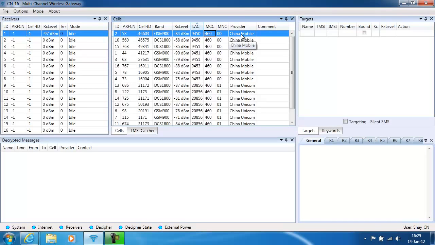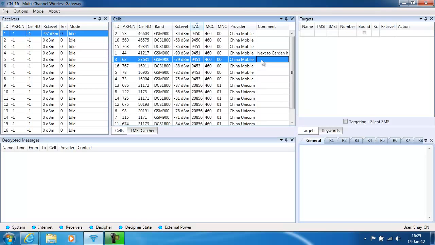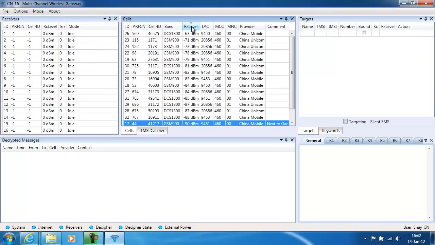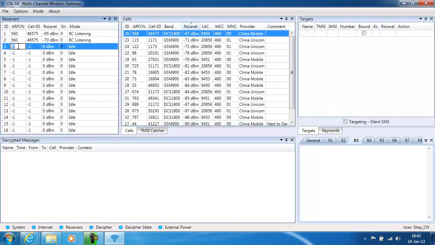Once you have sorted the cells into the order required, it then only remains to make some comments, save that database so that you can keep it for future operations in the same area, and then program the receivers for operation. The receiver operation can be done by dragging the cell information across to the receivers, or alternatively, one can manually input the information into the ARFCN detail. The choice is up